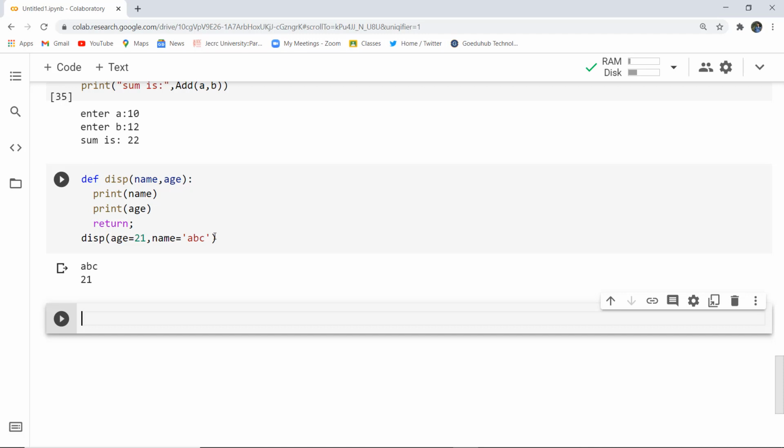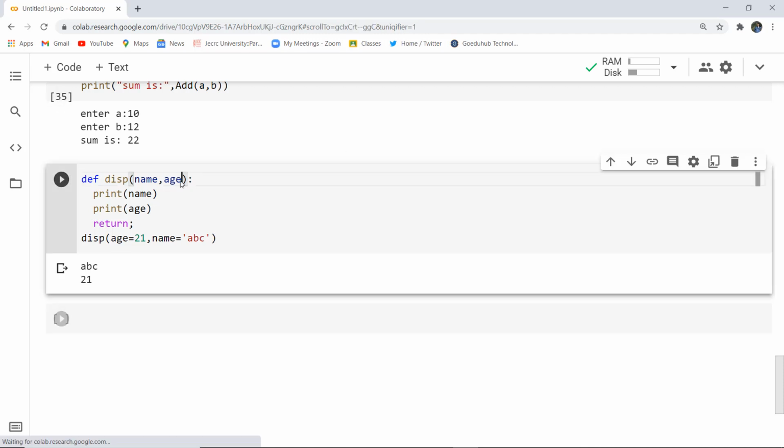Now the default argument works when an argument value is not provided in the function calling, then it takes a default value that is already defined in the function. Now if an argument value is provided in the function calling, then the default value is avoided. So when the value is not provided, then it prints the default value only. So if in this program only we change the particular value, and in this function only we do that, let's